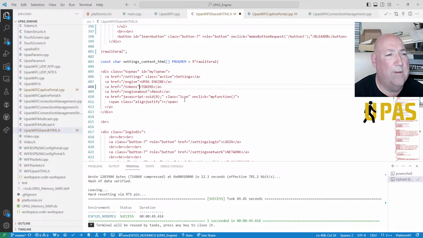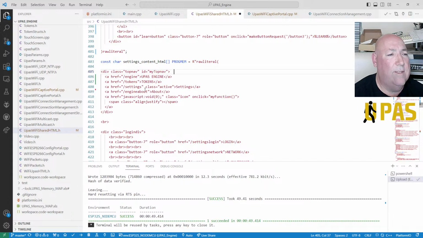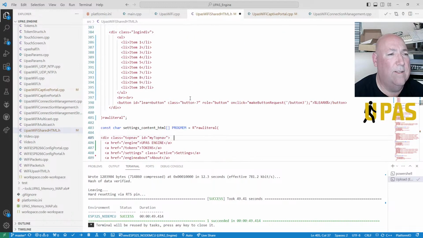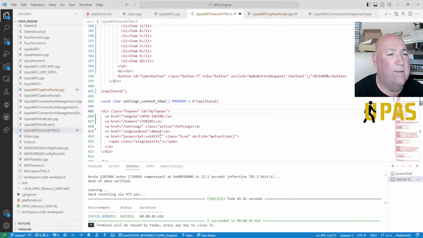So while we're on, we might as well change it. So we've got engine, tokens, and settings. So that needs to be moved up to there. Alright, so we've got our engine, token, settings, and about, and our active class is settings because we're in settings. Active class here is tokens because we're in tokens. Yeah, so that's all good.